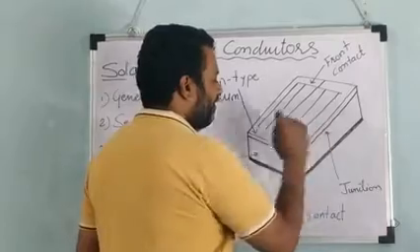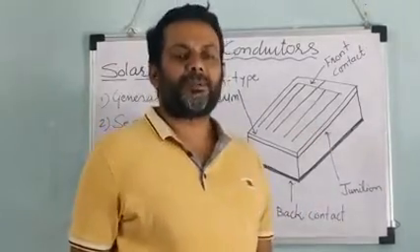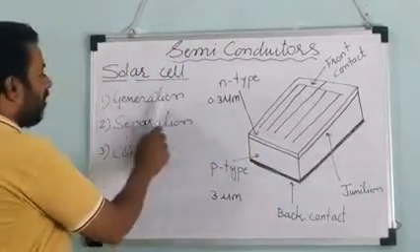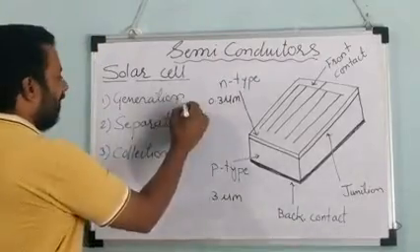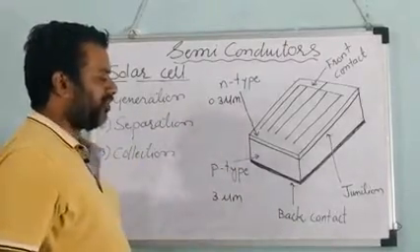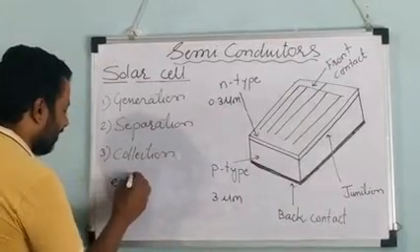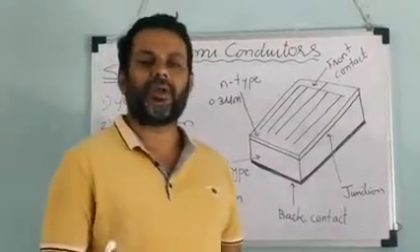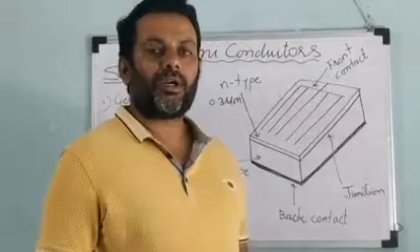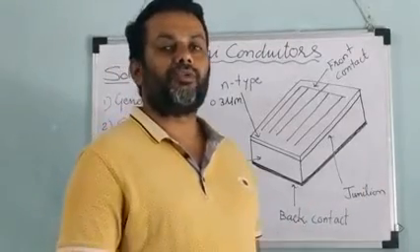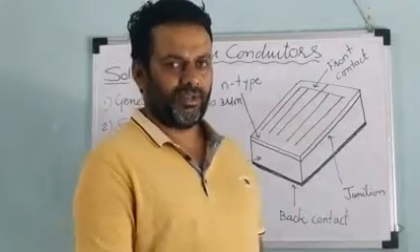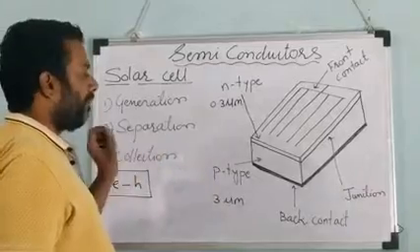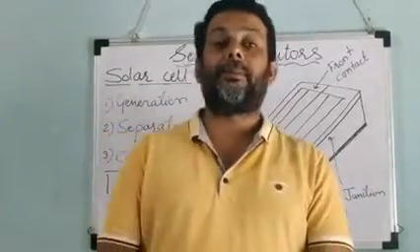When the light reaches this junction, then in the depletion layer three processes happen one by one. First is the generation of the electron hole pair. When the light strikes the atoms at the junction, an electron hole pair is generated. Then, because of the depletion layer, the electrons are pushed to the N type semiconductor, towards the top of the solar cell, and the holes are pushed towards the P type, towards the bottom of the solar cell. After the generation, they are separated by the depletion layer, which can separate the electrons and holes because of the barrier potential.